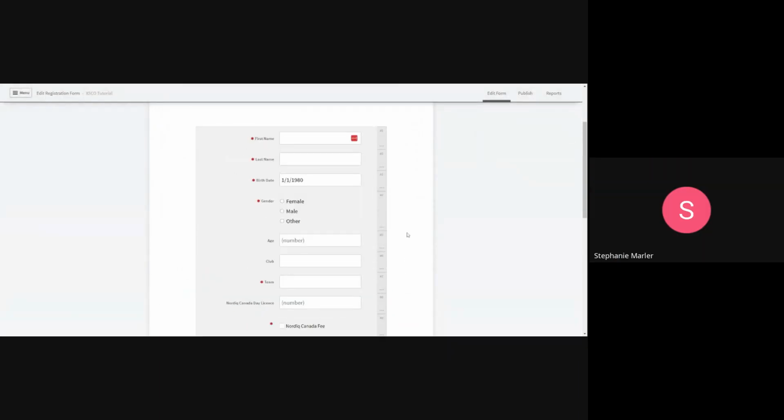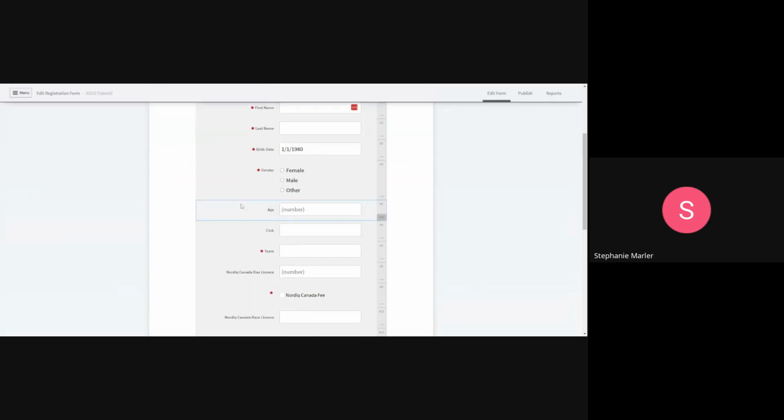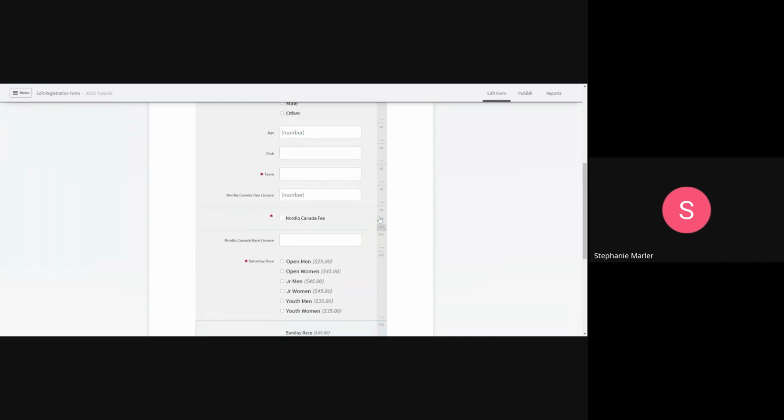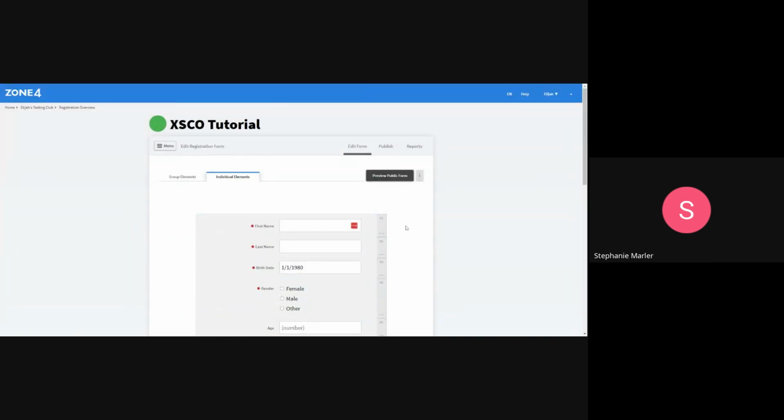Can I add to that? If you go into your category setting, you have to apply it to your whole category. You can't apply it to only open men or junior men. There's no way to do that. So if you don't want to charge tax to a certain category, you're going to have to set it up as a different field. Every club can decide what they want to do, but we do have advice from an accountant that if you have an HST number, the taxes need to be charged to everybody unless the